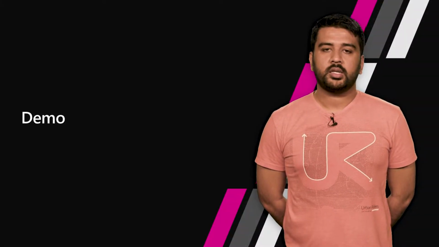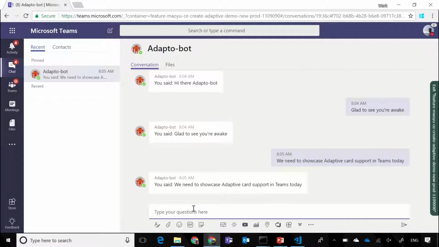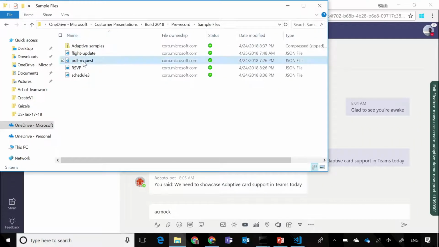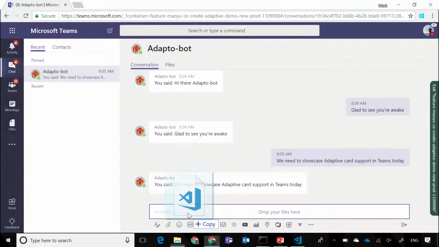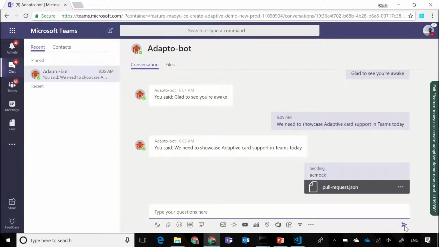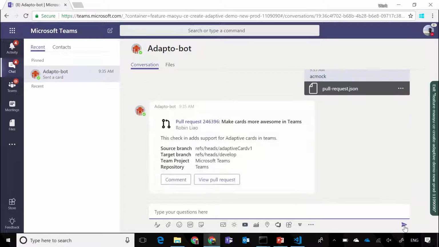Okay, that's enough talk. Let's look at a demo. For the demo, I have a basic adaptive card bot here that renders the card that I pass on to it. To begin with, let's look at a pull request card. I can just drag this onto this. And when I send that through, the adaptive card bot basically reads the JSON, interprets the card, and sends it